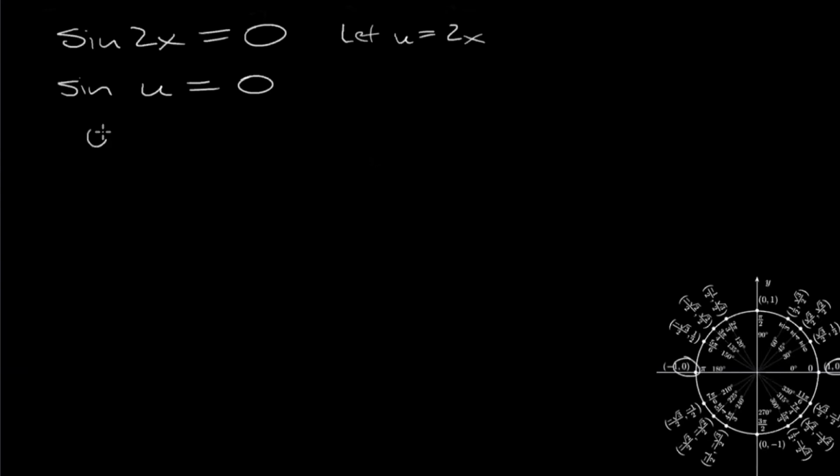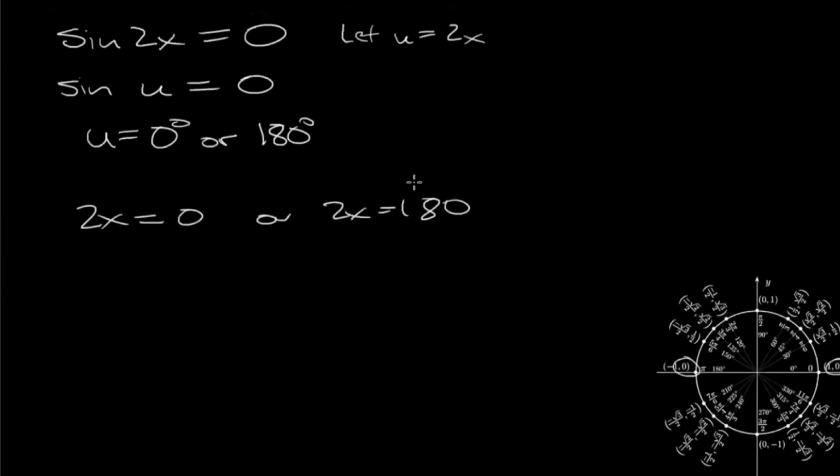So it looks like u equals 0 degrees or 180. Okay. But were we solving for u? We're solving for 2x. And so if we replace 2x here... Well, how do I get what x is then? Divide by 2. So I'd have x equals 0 here, and I'd have x equals